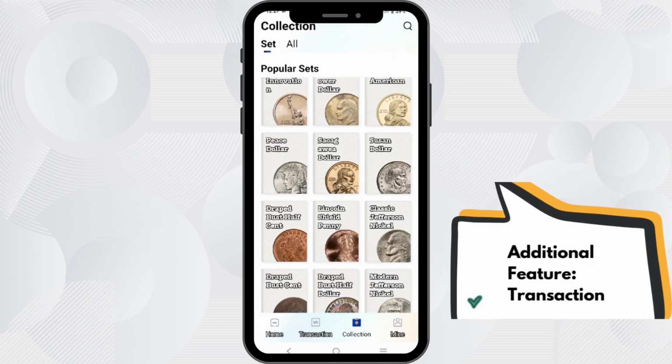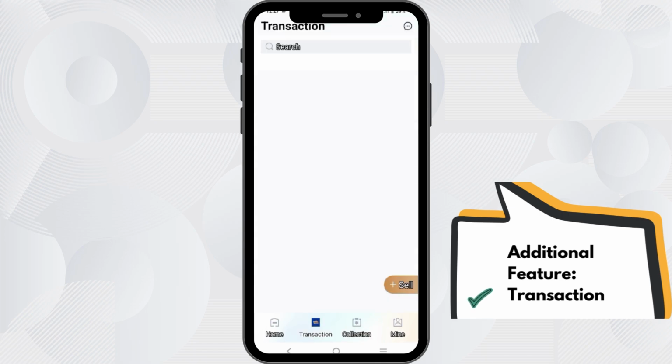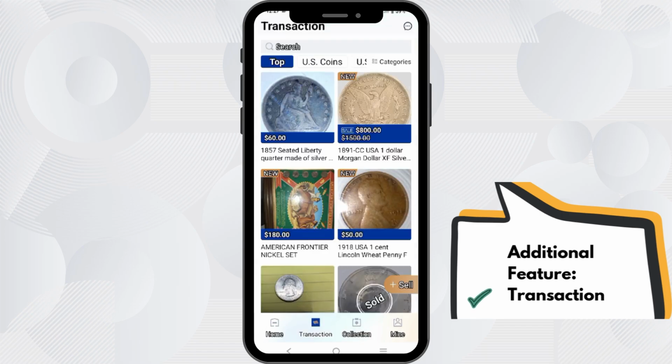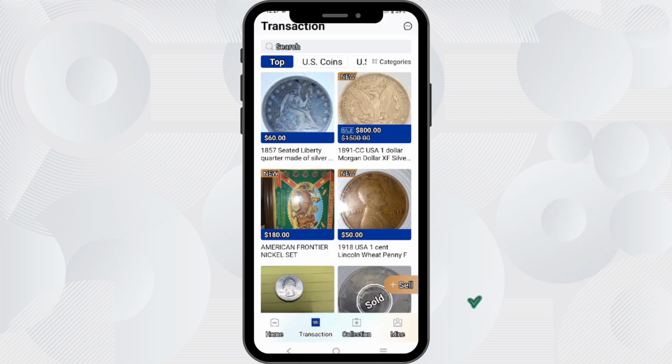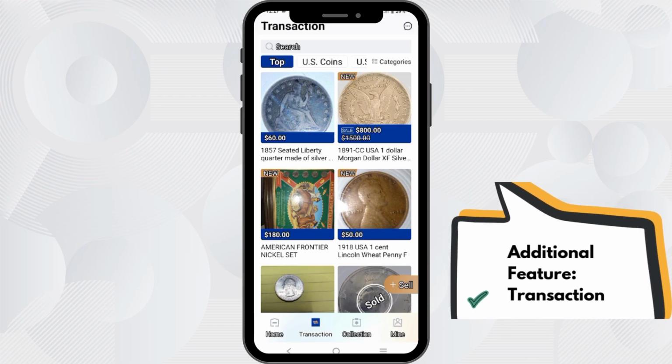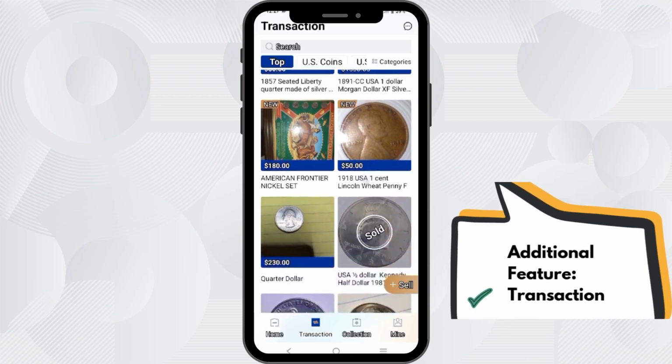Another feature here is the transaction. All right, so we go to the transaction feature. It shows here the collected coins which are already in the Herit Coin application. So you can see here the collectible items of coins.